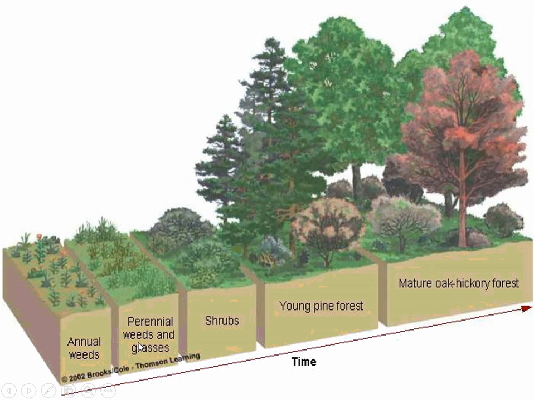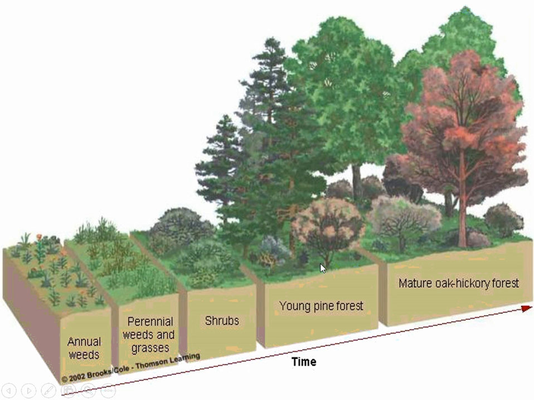So here's what secondary succession looks like. Again, you always look to the beginning to see what's going on. We know this is secondary succession because the soil is in place, the seed bank is in place, and right away succession begins. It's a fast process. Annual plants, which are then overrun by perennial weeds and grasses, shrubs crowded out by young pine forests, and then finally late successional mature oak hickory trees.